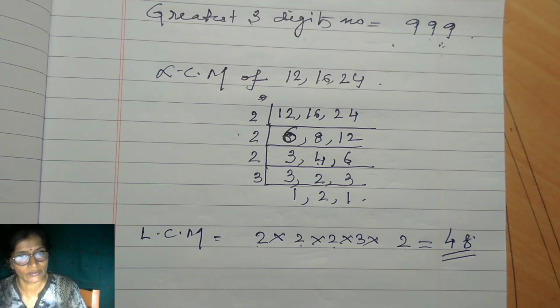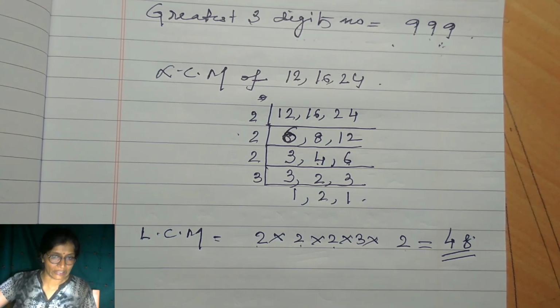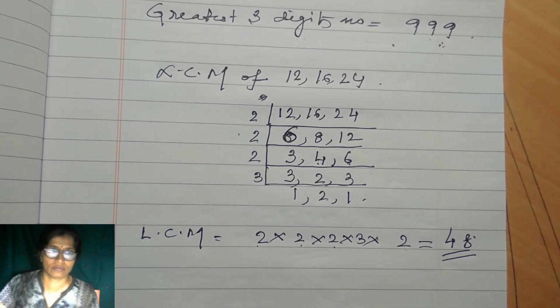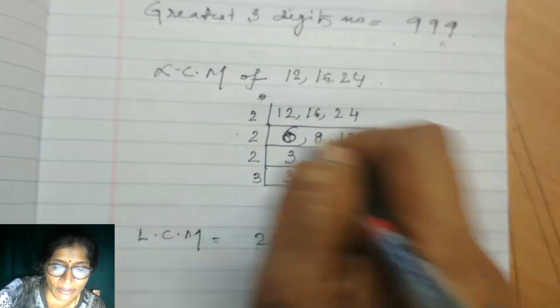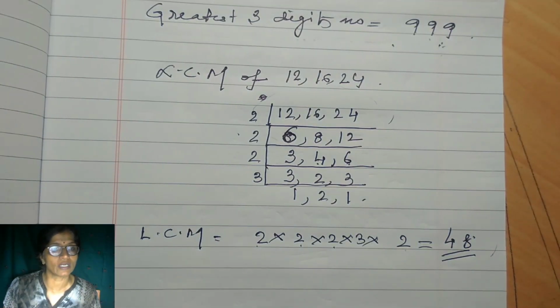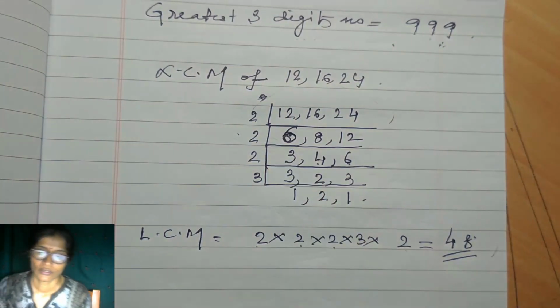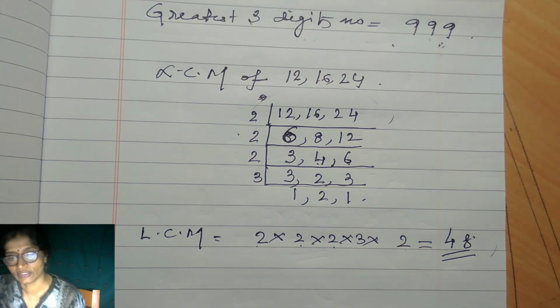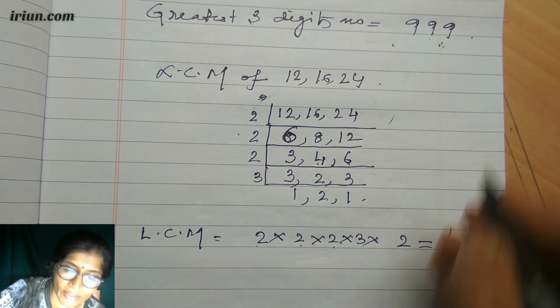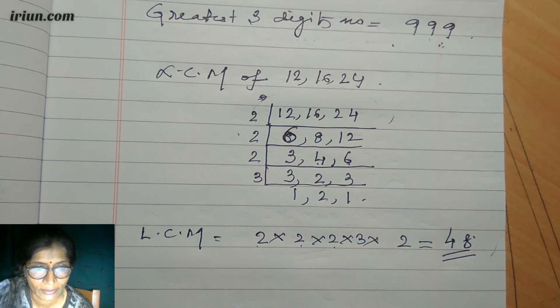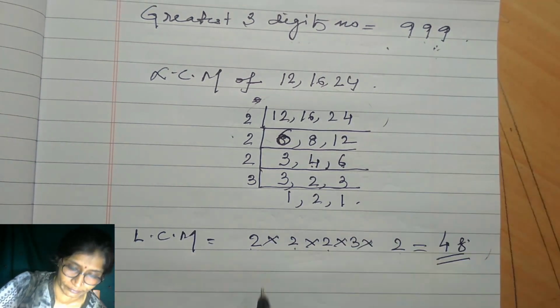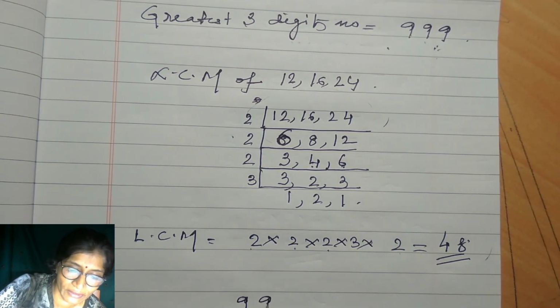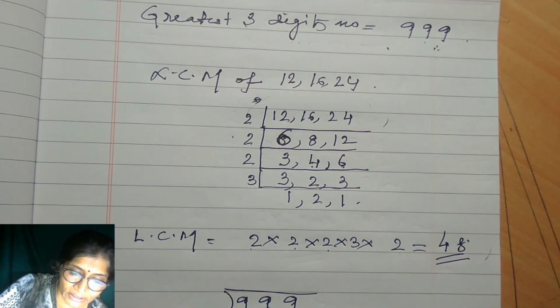Now I said to you that we need the number which is divisible by 48. Okay, so if 48 is divisible by these numbers, then the multiples of 48 are also divisible by these. So multiples of 48 are also divisible, meaning 48, then twice that, 48 twos, is also divisible by these numbers. 48 threes are also divisible by those numbers. Here to do this, what I will do is divide 999 by 48.